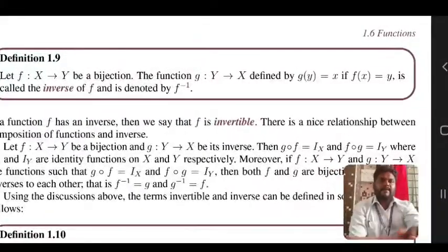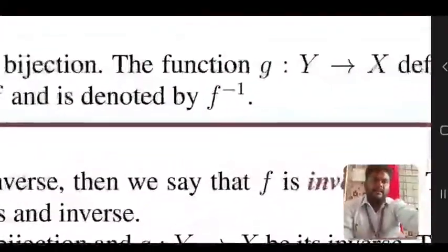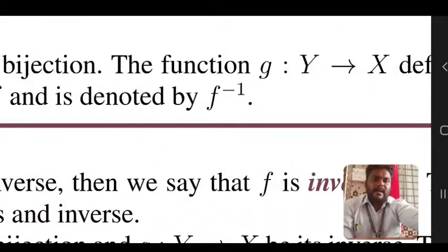Let f from X to Y and g from Y to X. Then g of y equal to x if f of x equal to y is called the inverse of f and is denoted by f inverse. And next,